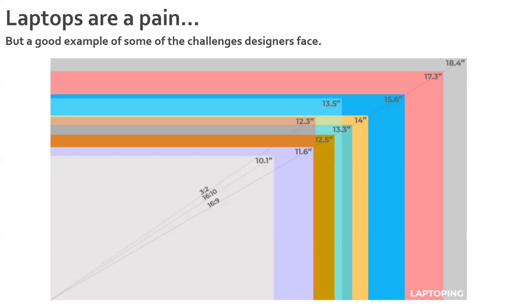So something I want you to do going forward for all the work you do, it doesn't matter if it's a homework exercise, class exercise, or a personal exercise: think about the platform you're communicating on. And a good way to start: how many of you have portfolios online right now?